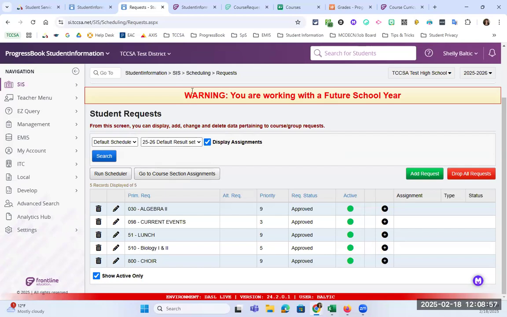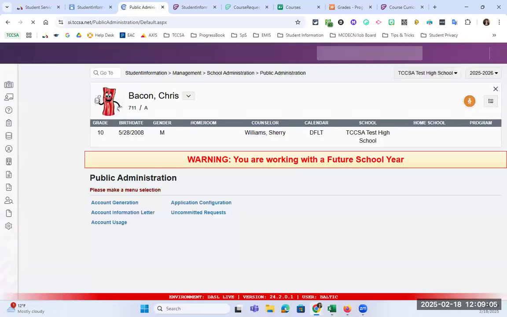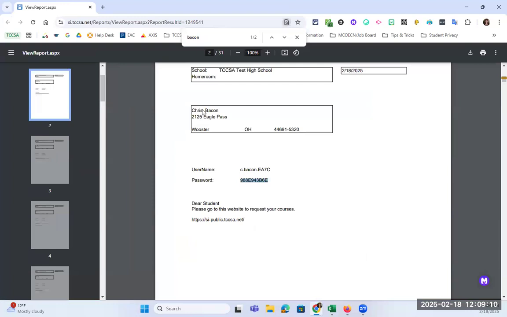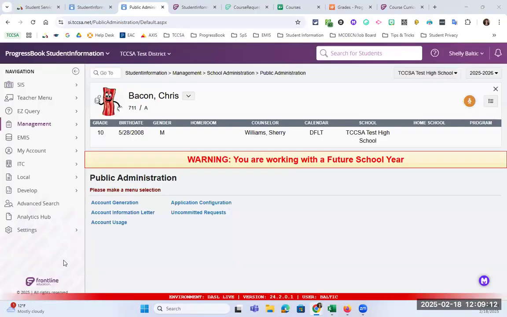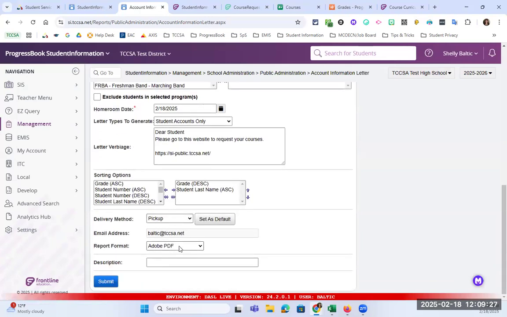It is when we are doing the letters. Let me go back to that real quick. I showed you how to print the letters, so you can print these for each of the students individually. It might have the directions, but you're not going to print one for every student yourself. And here's that uncommitted requests as well. But when you are generating the letters, if I look down at the bottom, instead of saying PDF, I'm going to say Excel spreadsheet. And once I hit submit,